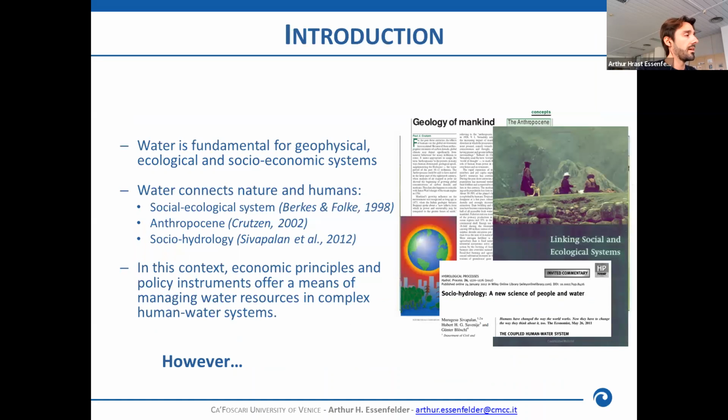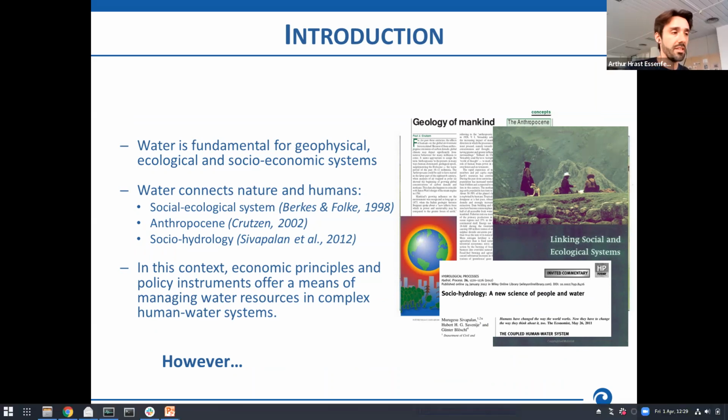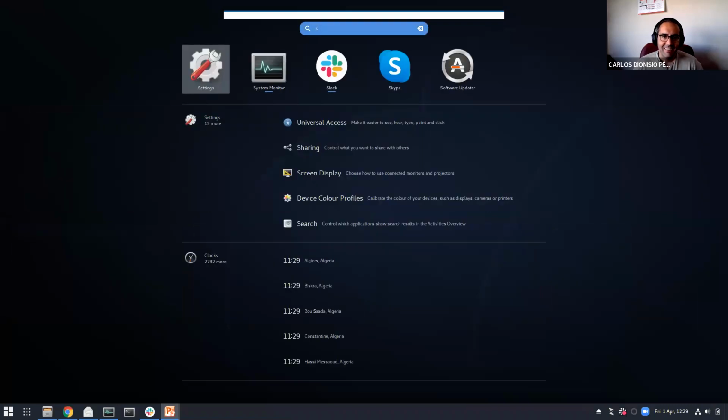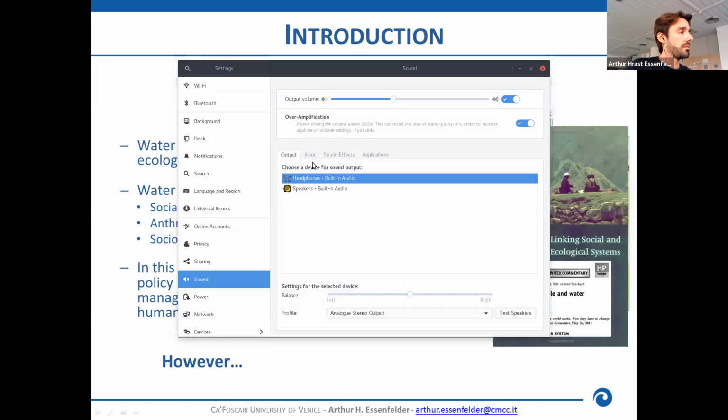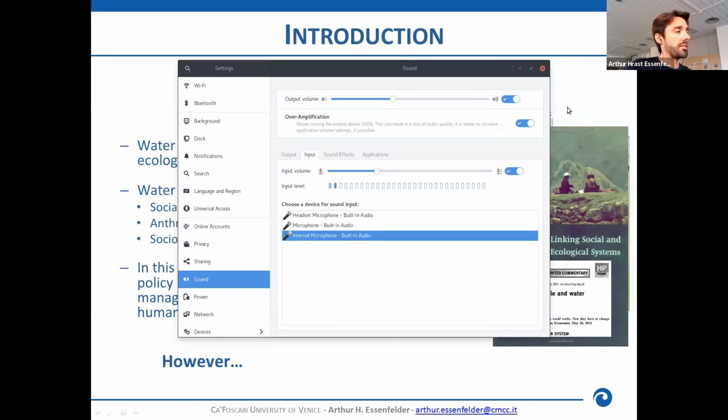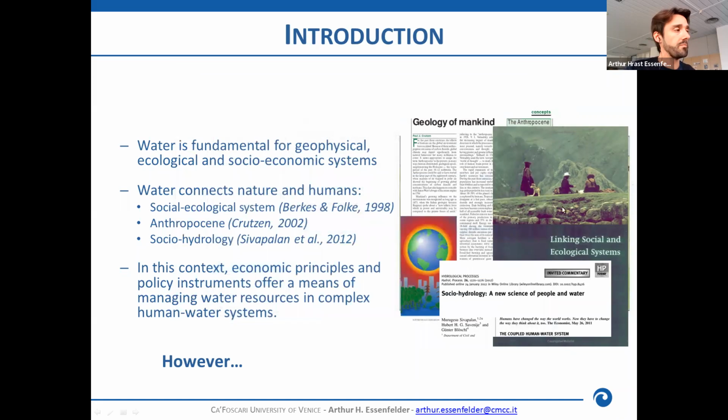So Artur, just one second, because Marta just sent a message. She says that she cannot hear you well. So if you could move closer to the microphone, I don't know if that's possible. Okay, let me try to increase the volume here. Now it's much better. Let me also try to increase the volume of my microphone. There you go. It should be a bit better now. Let me know. It is, at least to me. I don't know, Marta, if it was for you. Yeah, it's better. Thank you. Yeah, I'm really sorry about that. I'll try to speak like that.